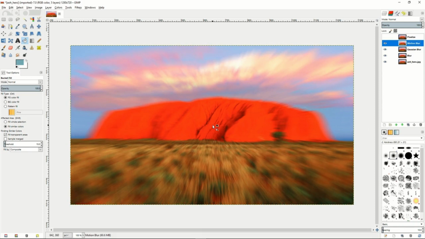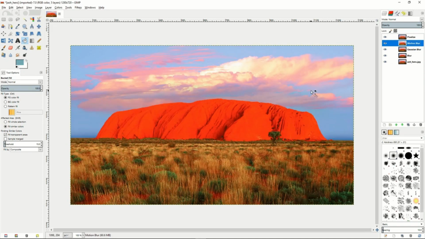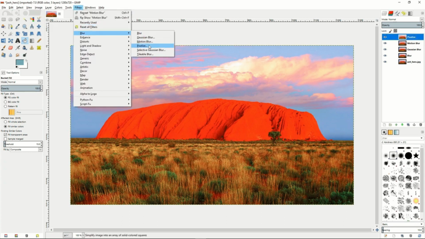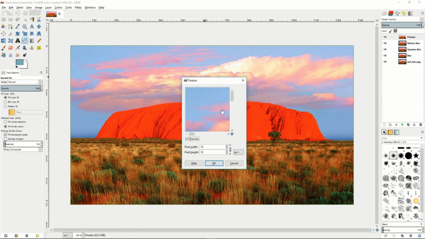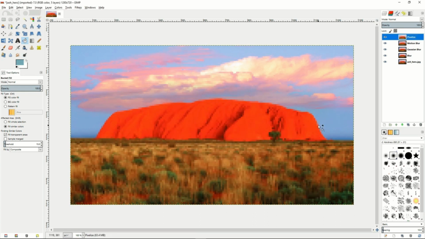So now you can see that there is a kind of rush to get to the mountain look to the image. It's really cool. Then we'll go to our pixelize layer. Go to there, go to filter, blur, pixelize, and it'll create a kind of chunky pixel look to the image, so it'll actually kind of blur it out in something that's kind of like if you censor an image or protect someone's face or anything like that, you might see somebody has done something like this. So we'll set the pixel width to 7 and the pixel height to 7, and that is the pixelize blur